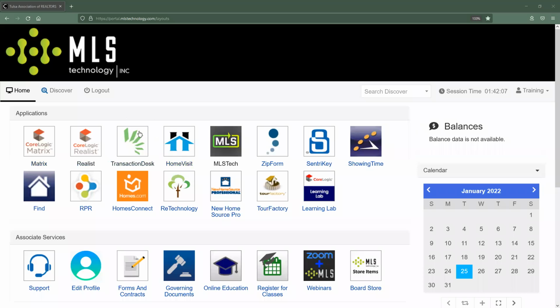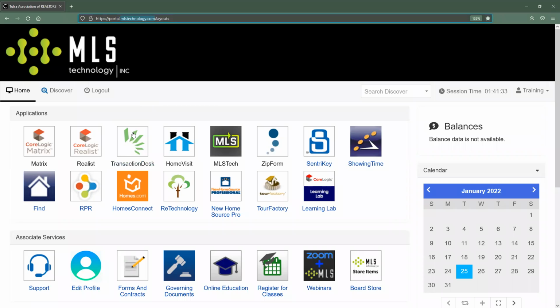Today's class is going to entirely focus on what was previously called just simply Transaction Desk. Now it's branded officially Transactions, Transaction Desk Edition, just like ZipForm is now Transactions ZipForm Edition. So neither here nor there, but let's actually talk now about how to get in and what its uses are. So there's a link right here on the homepage of our MLS portal. So when you guys first get signed in to mlstechnology.com, you'll be presented with all of these member benefits. The third one over here is going to be Transaction Desk.